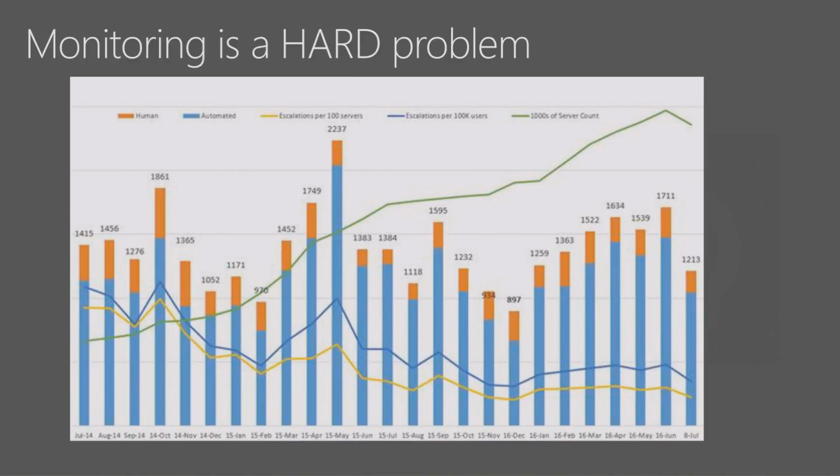We also wanted to plot the growth of the service as we are running our monitoring system. And as you can see, while the green line, which represents the server count, continues to grow, we are able to keep the number of red alerts somewhere between 1,000 and 2,000. To be clear, this is an incredibly large and difficult problem that the monitoring team drives on a daily basis in order to ensure we don't simply keep getting overwhelmed with red alerts.